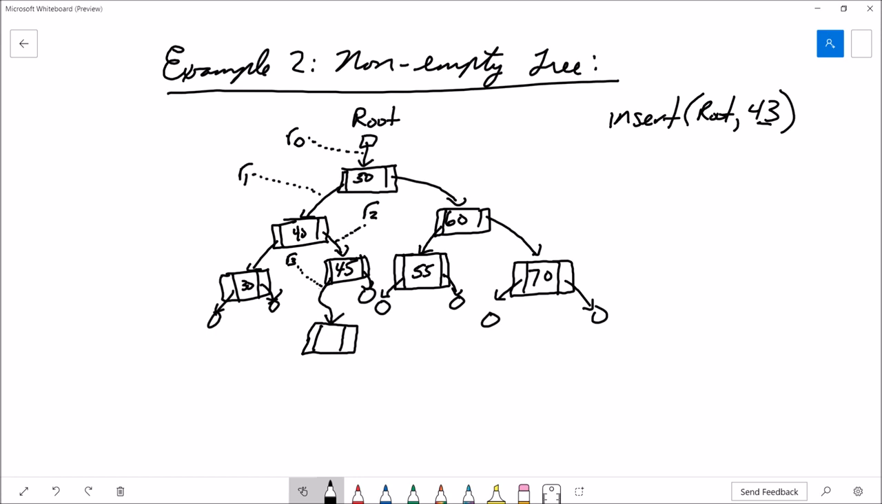Okay, once we've done that, we then go ahead and initialize the node, storing the key, and setting up both child pointers to point to null. Once we've done that, recursion's over, so that instance of the algorithm ends. We return back to the